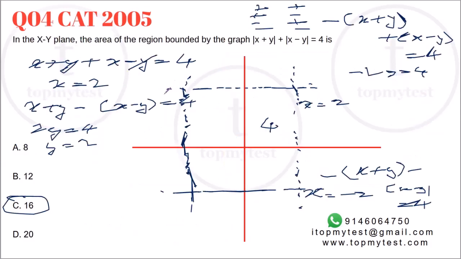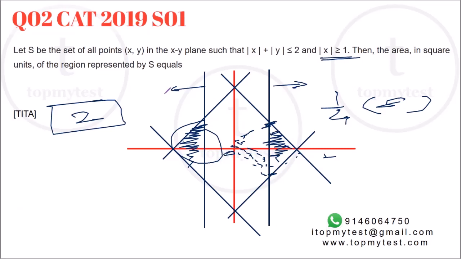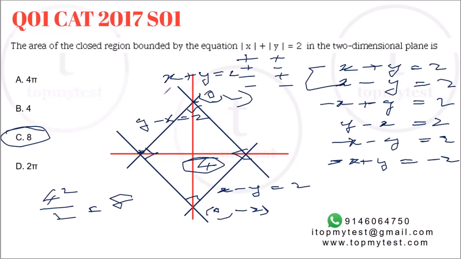Now, as you can see, in questions on areas, etc., you usually get a very symmetric sort of boundary. Once you visualize the figure, the questions are not too difficult to solve. This is especially true because a lot of people who are not very good at basics of geometry and coordinate geometry tend to leave these types of questions with modulus, etc. Usually they tend to be non-engineers, but even engineers leave it thinking that it's too difficult. Actually, these questions are much simpler because of the symmetry involved. Don't miss out on these questions. This is a very nice competitive advantage which you can gain over people who are not preparing seriously for CAT.